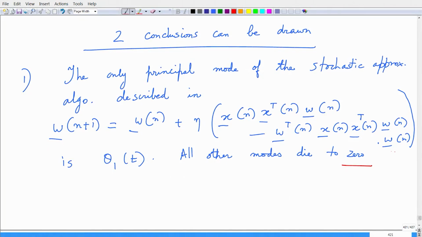So, if you look at this data correlation matrix and get your eigenvalues and eigenvectors, this algorithm, which is the Oja's rule, which is basically the normalized Hebbian update, extracts the first principal component adaptively. So, what it means is, if you consider this complicated stochastic differential equation in vector form that we wrote, right. We started off with this equation. Now, you get this function theta 1 of t and all other modes dive to 0,